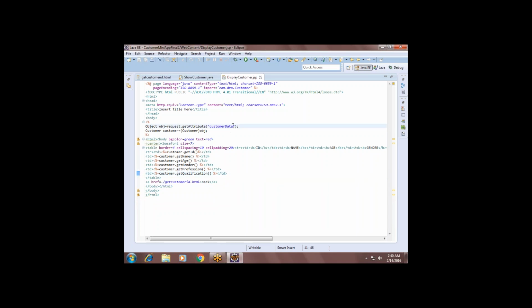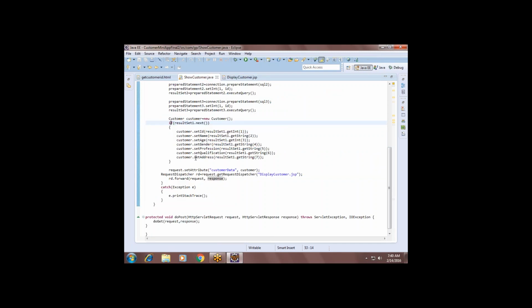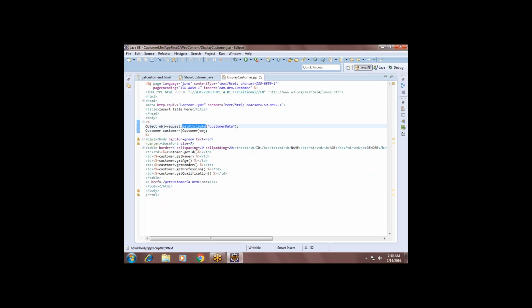I am getting the data of the customer into the request.setAttribute. See what I did here, request.setAttribute, and while receiving the data, what I am saying, getAttribute. Get attribute, where I added the values. You remember, setAttribute, session.getAttribute. Similar way,